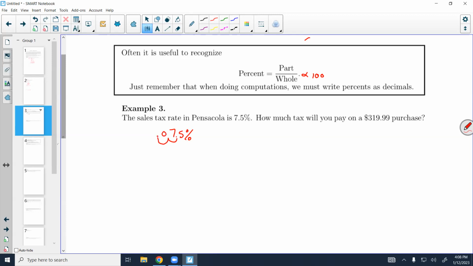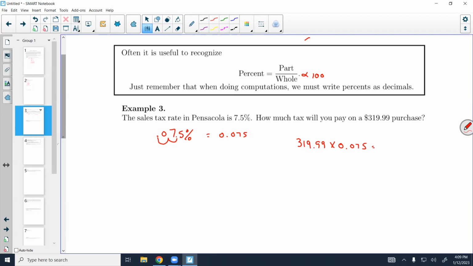So 7.5% is 0.075. Now we want to know 7.5% of $319.99. That is simply multiplication. I have $319.99 times my percentage of 0.075. 319.99 times 0.075 equals